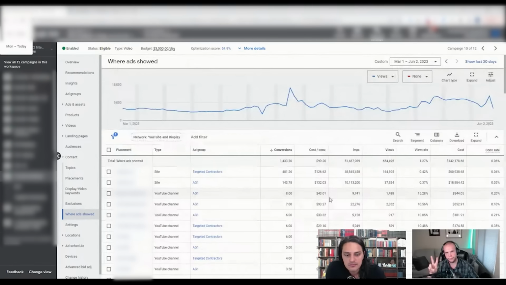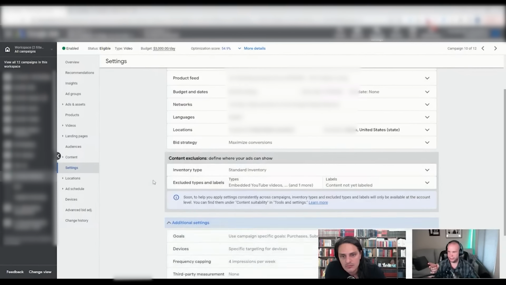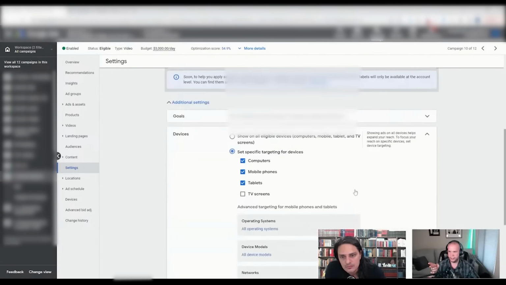Action item number 2, if you're using conversions as your bidding strategy, and if you're using conversions to measure, I don't mean that you're measuring ancillary. Don't mean you're measuring MRR. If you're still measuring conversions, you're going to want to exclude TVs. What I mean by that is when you look at the devices, you're going to exclude TVs here.